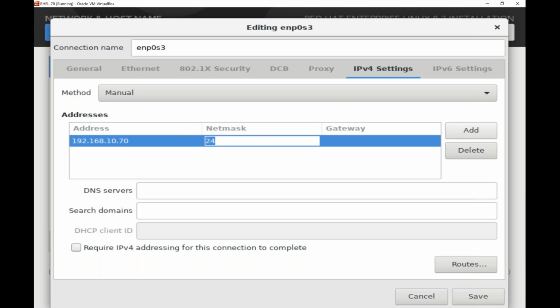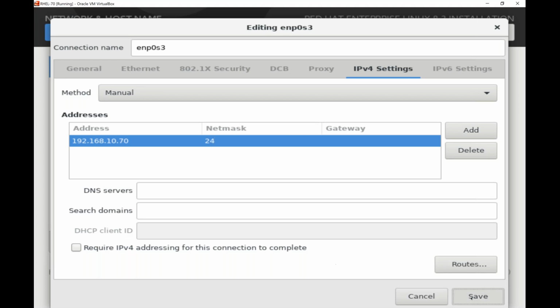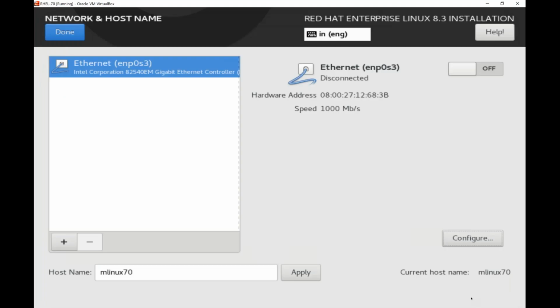Don't change anything. What is that 24? What is that netmask? All that we will learn in networking class. As of now, I would request you to just keep it as it is and click on Save Settings. When you click on Save Settings, the changes are done. Now you can activate your adapter. So after your configuration is completed, click on that switch and your adapter will be activated and your machine will be reachable through